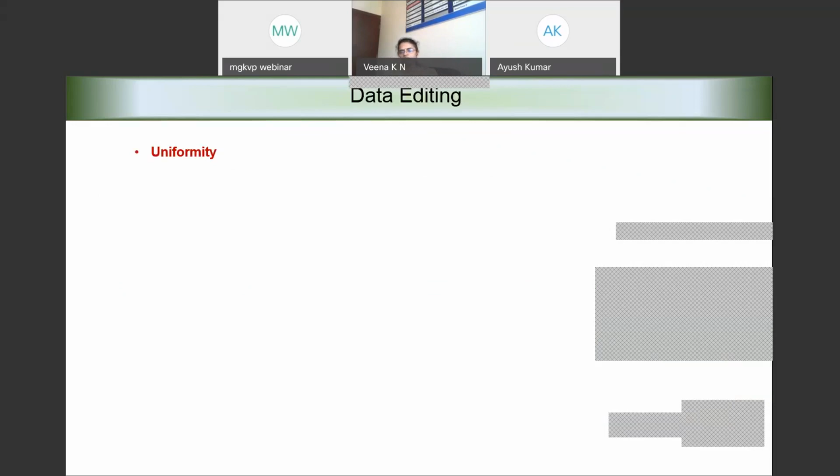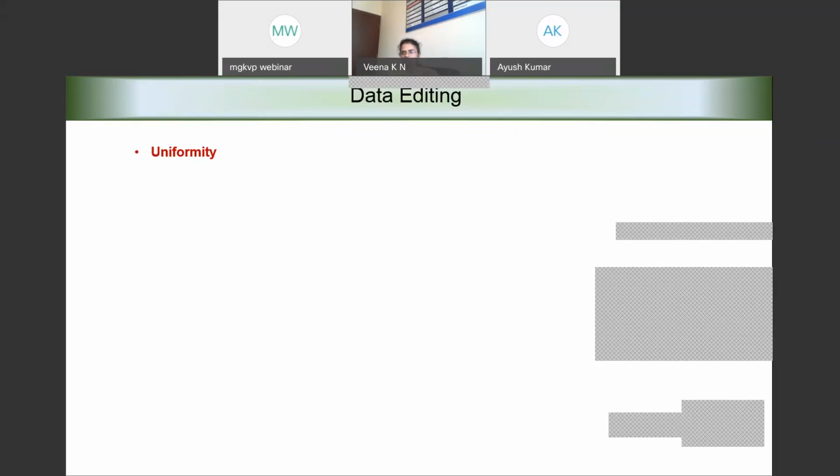In your questionnaire, you might have asked a question like, what is the annual income? When we write this and give a blank, the question is an open-ended question, as we discussed in the previous session. The respondent might give answers like,